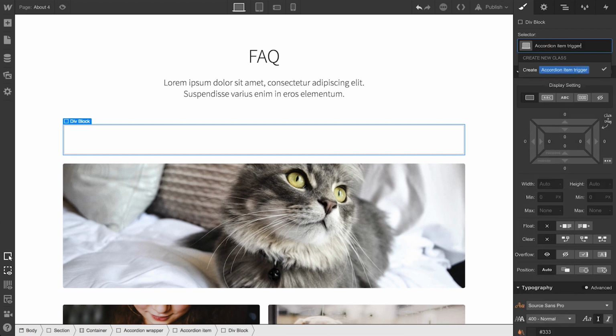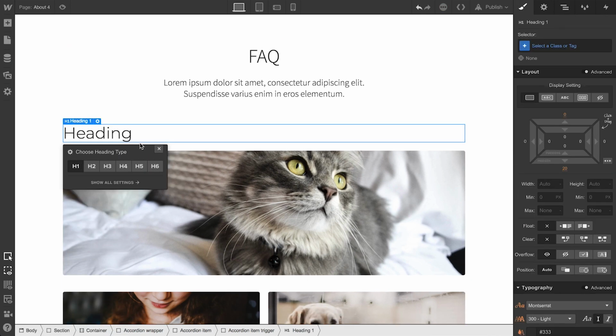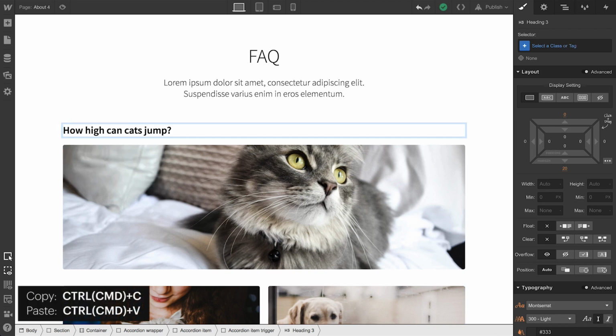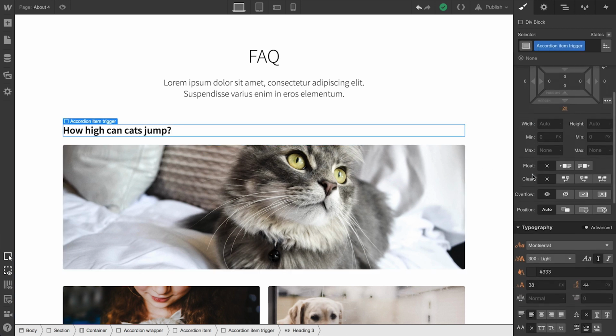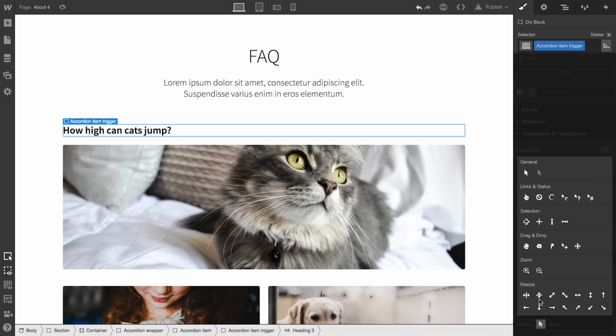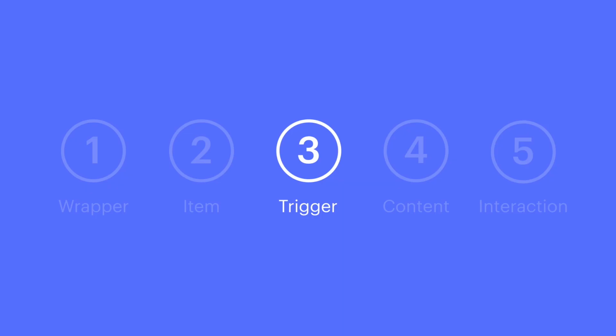Let's put a question inside. Now, this is up to you. You can use a text block or a paragraph or a heading or an image or a video, anything. On this page, each of our sections is an H2, so we'll make these H3s. Let's double click to edit our text and paste in a sample question we copied to our clipboard before screen recording. But since it's a div block, we're talking about the item trigger here, we can put anything inside. Also, while we're at it, let's change the cursor here. We'll change the cursor style to pointer. This way it indicates that this part of the accordion is clickable. That's the accordion item trigger.